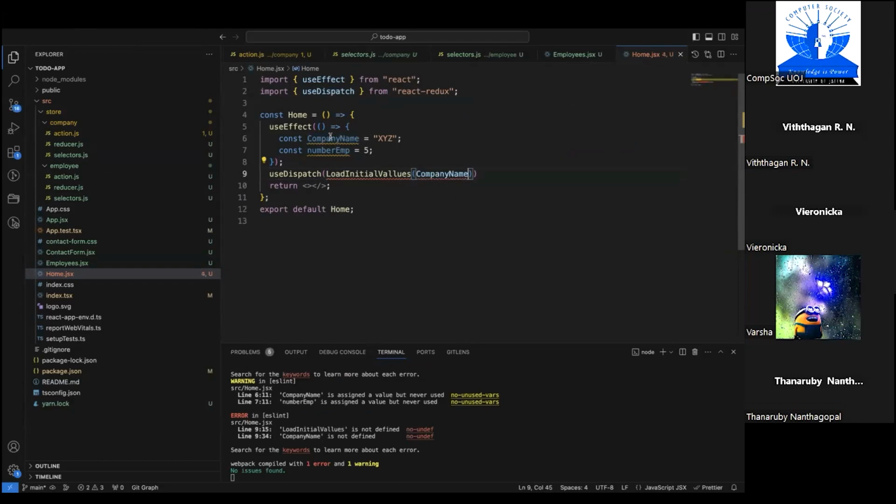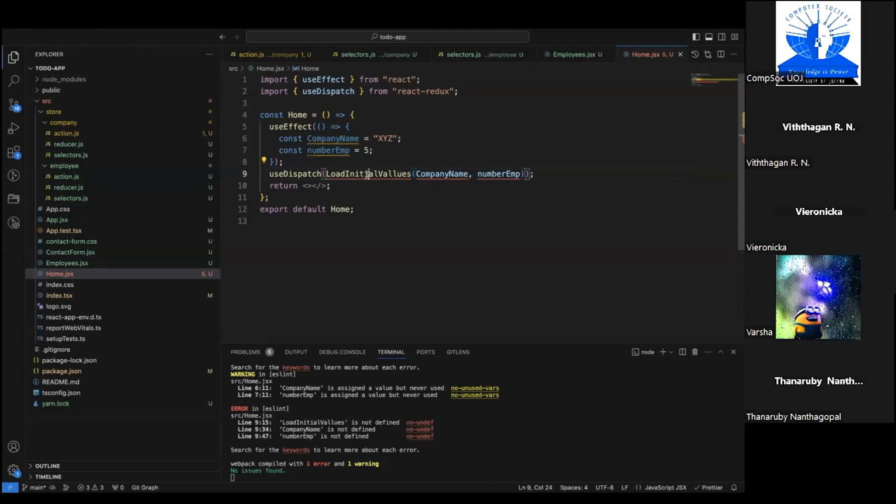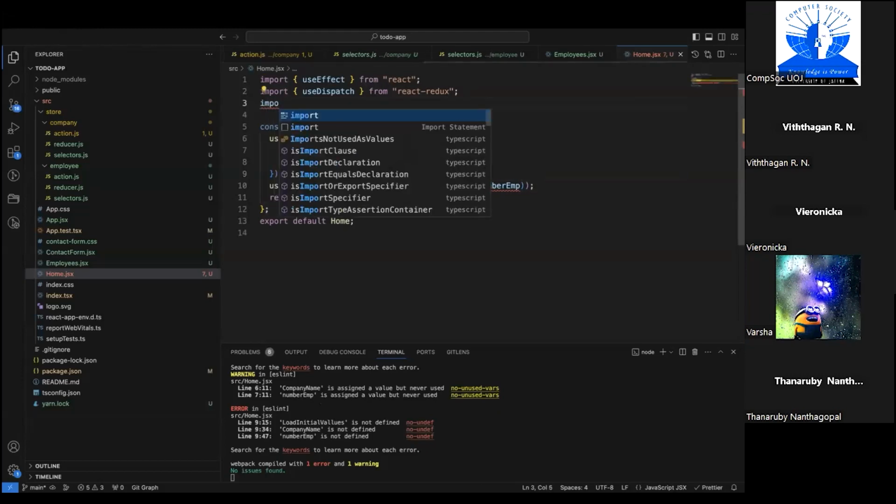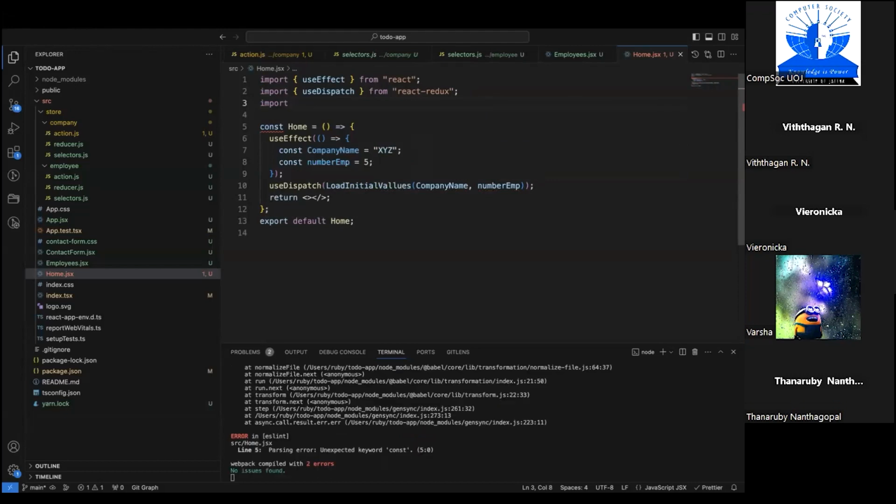So my first argument is name and second argument is number of employees. I want to import this. Import from